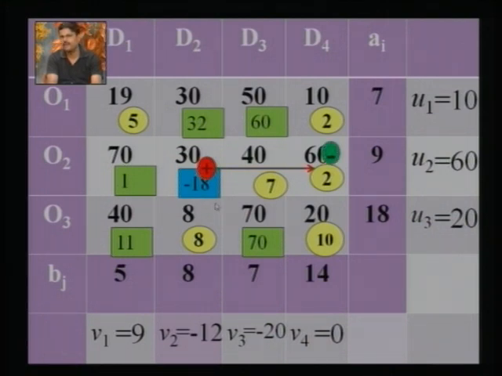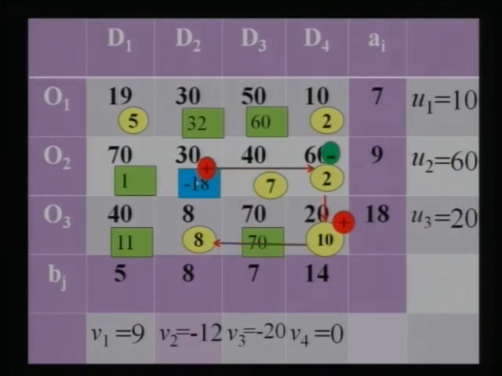Remember, we started with the most negative cell, which was minus 18, and marked it with a plus sign. Then we selected this cell 2 and marked it with a negative sign. Next I select the next occupied cell 10 and mark it with plus. Then next 8 we mark with minus. So we do this alternately, plus, minus, plus, but always start with a plus sign at the most negative unoccupied cell, meaning the unoccupied cell having the most negative Dij value. So it is marked with minus now and plus. You see again the first cell